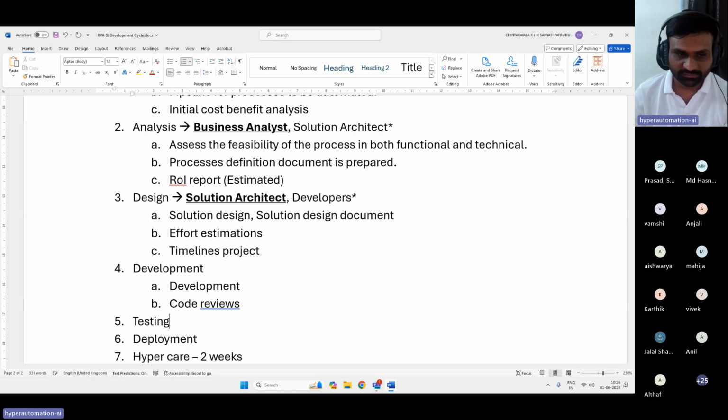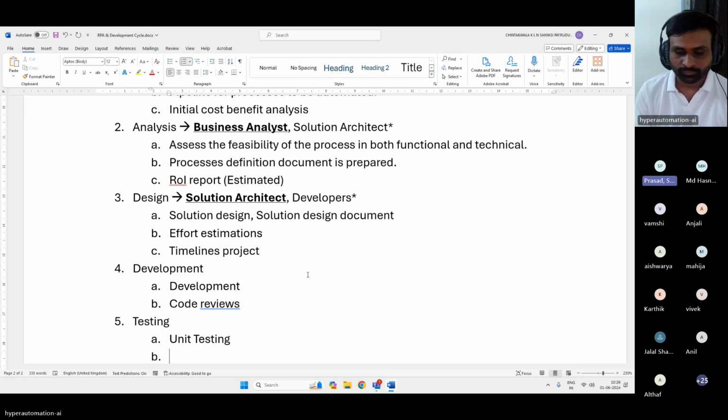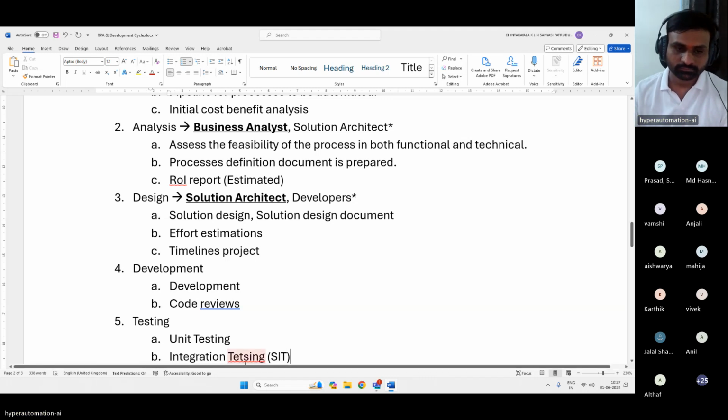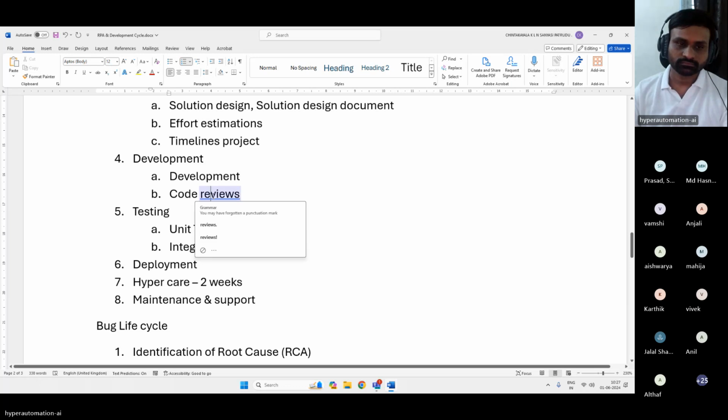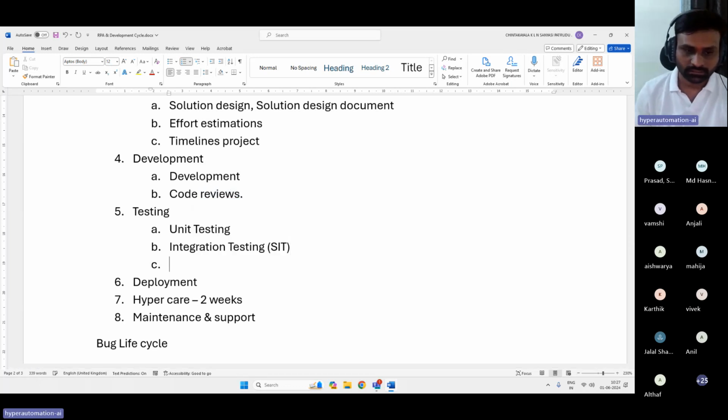And in terms of testing, what do we have? Unit testing. Integration testing, call it SIT also. And user acceptance, UAT.